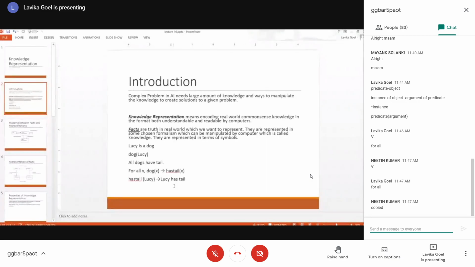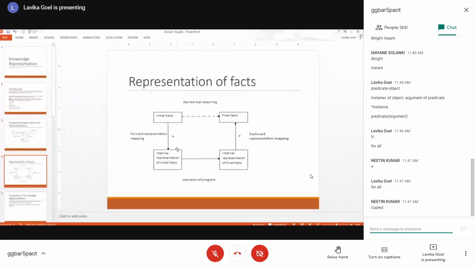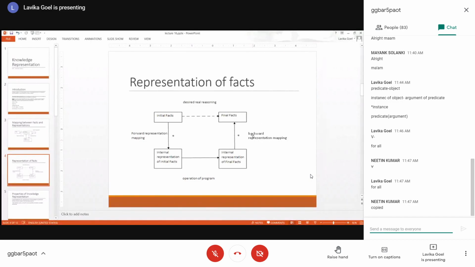So that is done. Basically, if you see this diagram, first of all, initial facts are converted into their internal representations through the forward representation mapping. Then you operate the program, do some reasoning and get the internal representation of final facts. And then through a backward representation mapping, you are able to achieve the final facts.